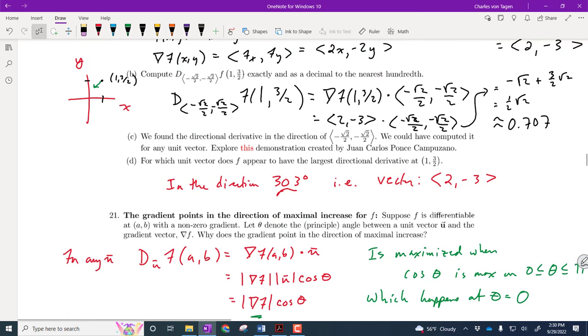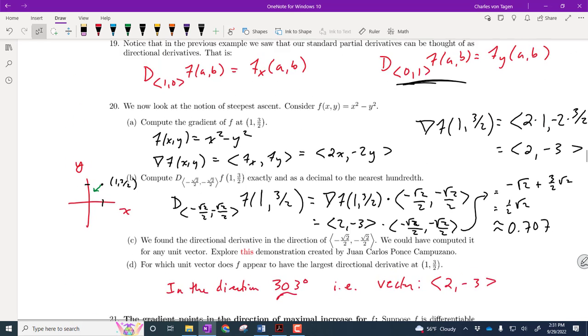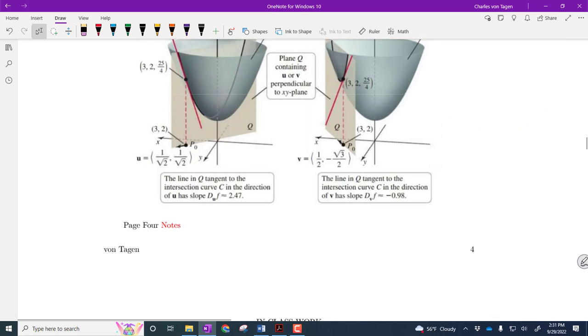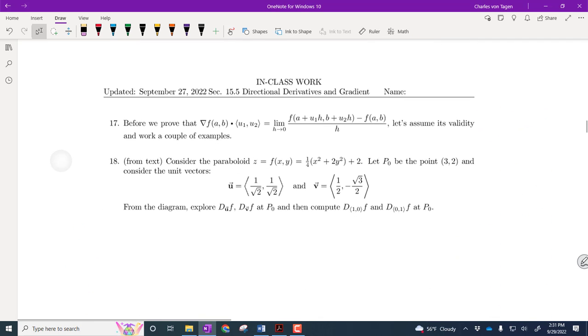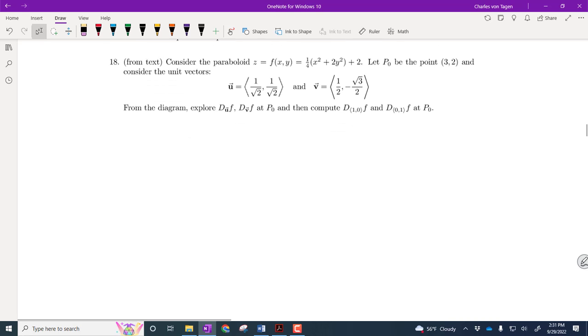So last time we spent the bulk of the time simply looking at the directional derivative. Just as a refresher, let's take a look back here. We've got a function. Let's look at number 18, and I've got copies up here. If you need one, come on up and grab one. Number 18, we've got a paraboloid, and we want to compute the directional derivative for two different directional vectors. So the thing to keep in mind is that this statement here, computing a directional derivative,